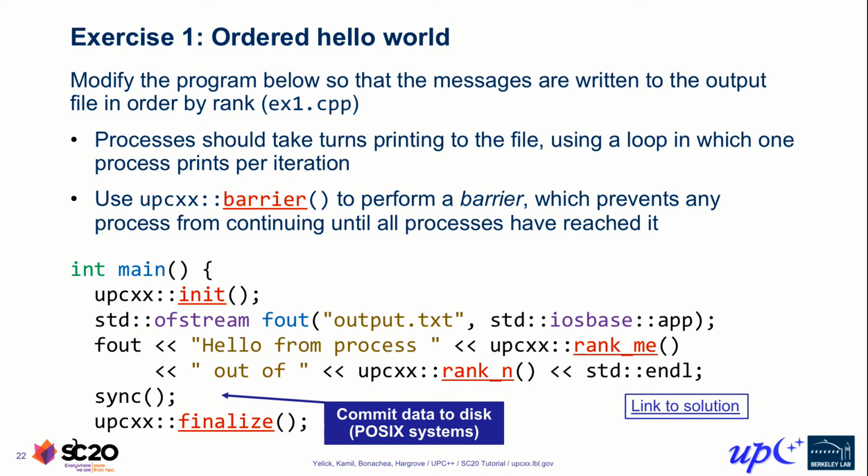So the first real exercise then is to make an ordered version of this Hello World program. So modify the program and have it have a loop that is going to have each one of the processes take turns in order running the print statement. You can use a barrier, which prevents any of the processes from continuing until the other processes have reached it. You might be familiar with that from MPI or from OpenMP. And so we recommend that you do this. It should just take a couple of minutes to do this once you make sure you've got UPC++ set up on your local environment or know how to use the environment on one of the HPC systems.